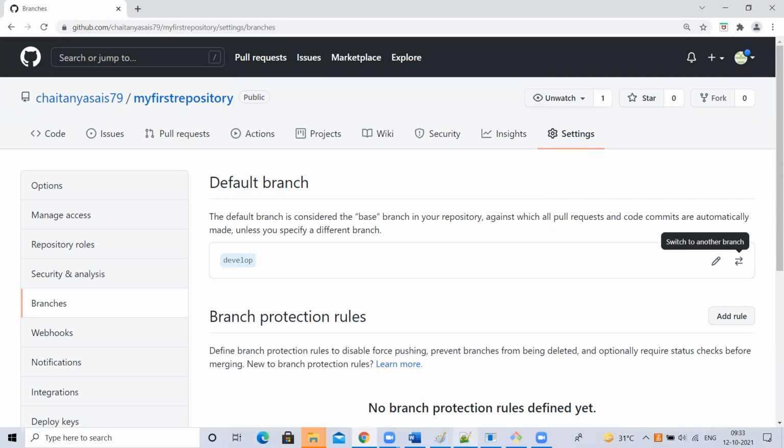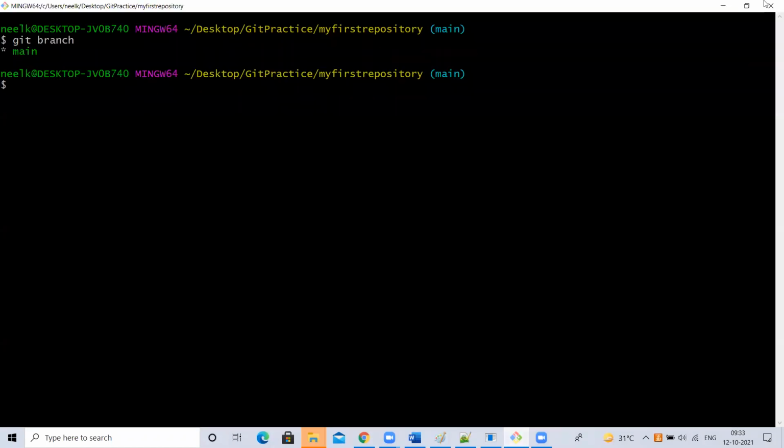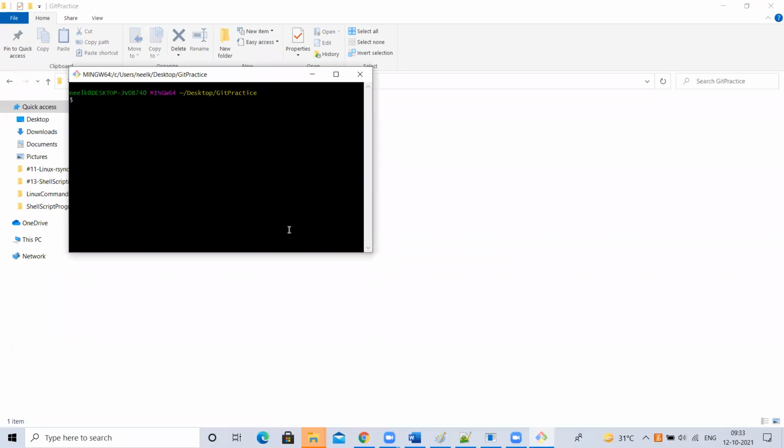Now, if someone clones, let me delete this and clone once again. I'm deleting it. Okay, I have to close the git bash. Right now, I'll clone once again.